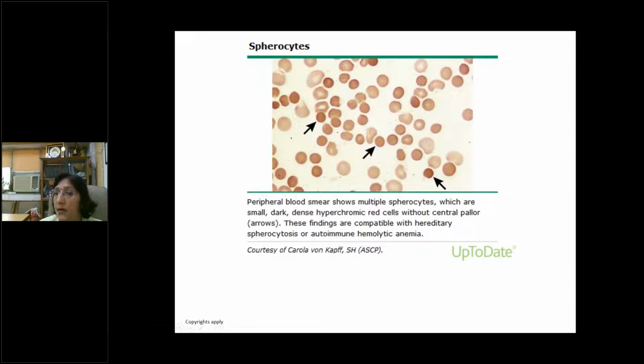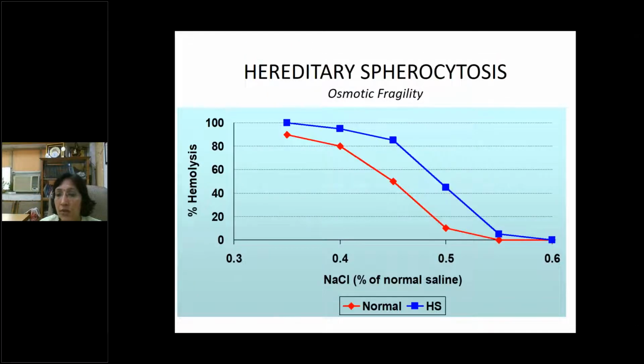Remember, whenever there is extravascular hemolysis, like that mostly seen in hemoglobinopathy, there will be splenomegaly, because the spleen is the site of destruction for these RBCs. So the finding of splenomegaly, jaundice and anemia is the classical triad for hemolytic anemia. Then how will you diagnose spherocytosis? By the osmotic fragility test, which is increased in hereditary spherocytosis.